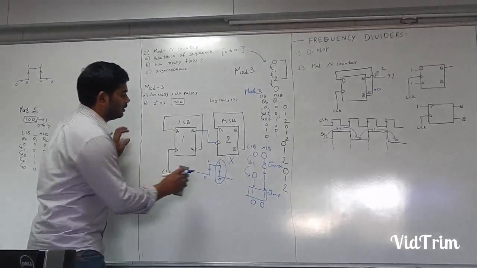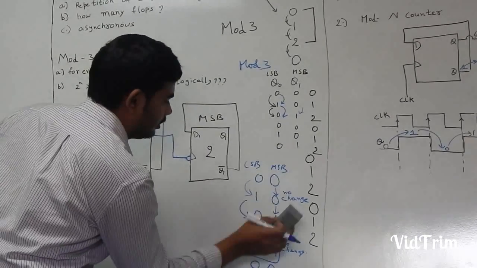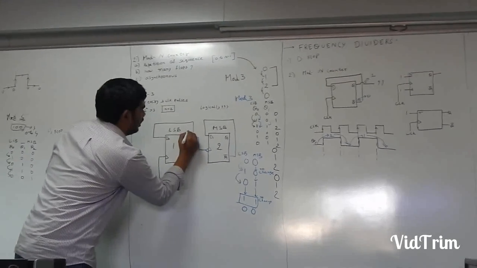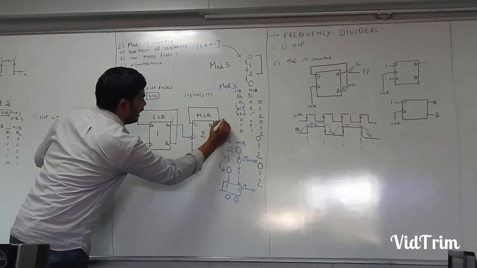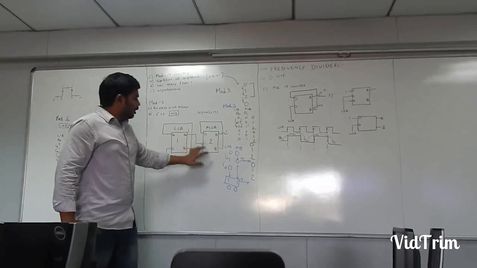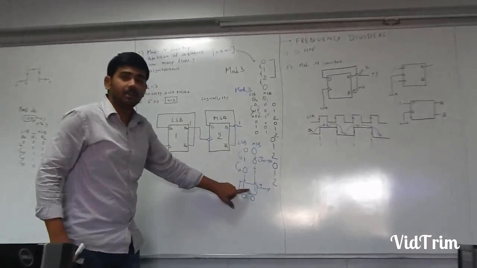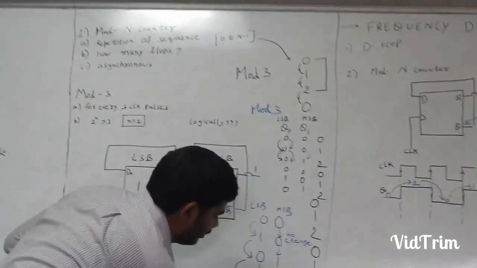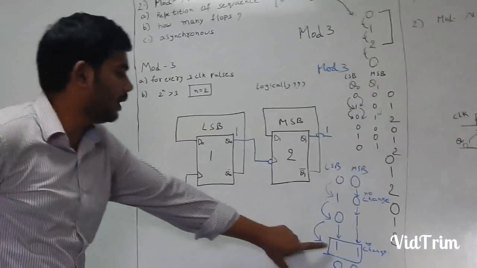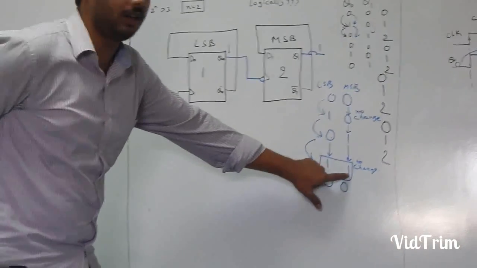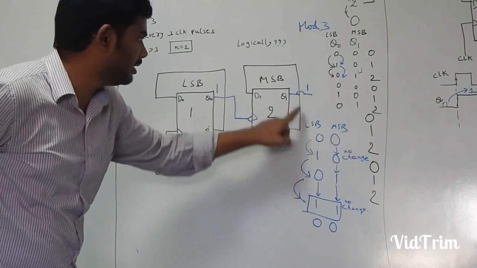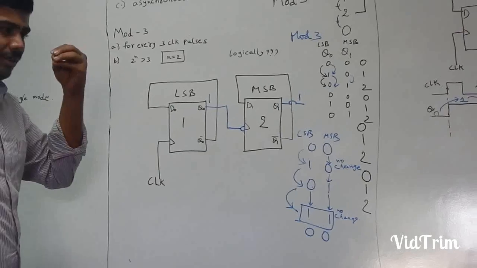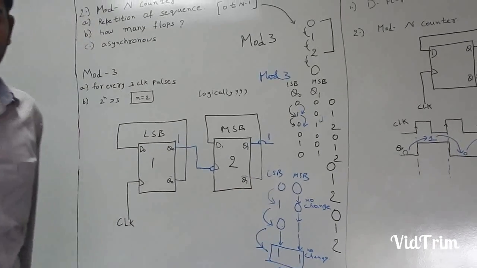So now what I'll do is, at this stage I am getting this as 1 and this also as 1. So I am taking this state only. Please remember that I am taking this state only. After the third clock pulse, meaning 1, 2, 3, at the third clock pulse my value of the counter is 1 and 1. This is MSB and this is LSB. So this is 1 and 1. Somehow I should do something and clear all the flip-flops.